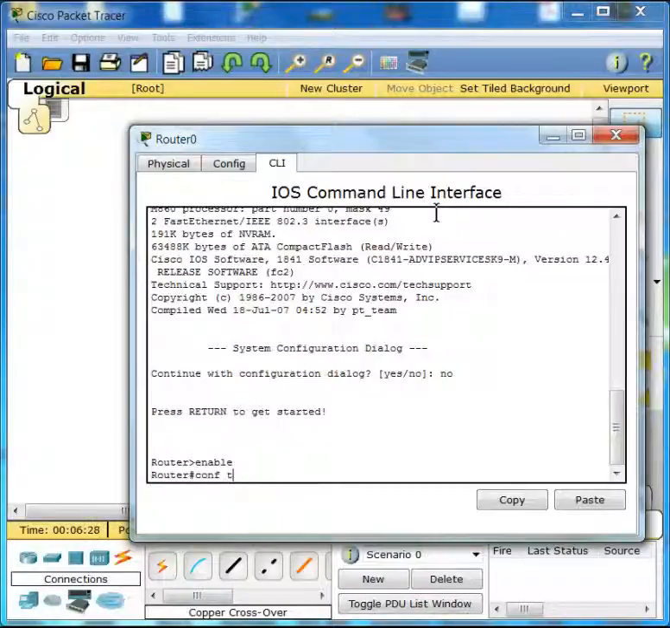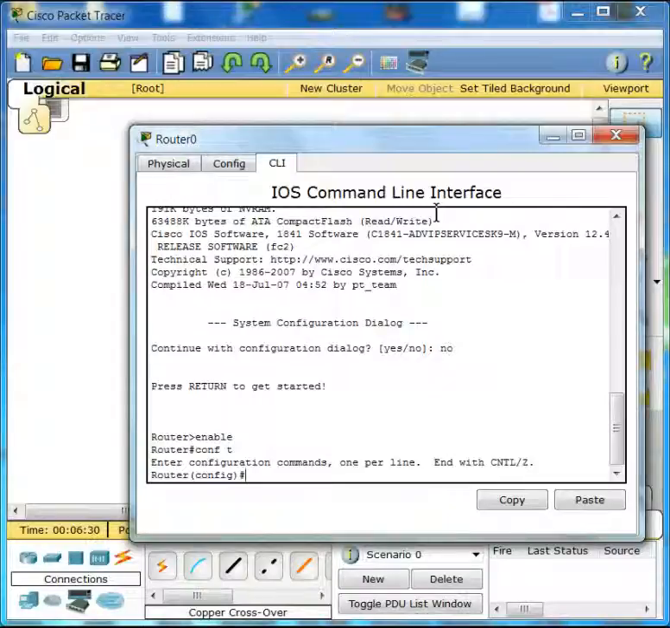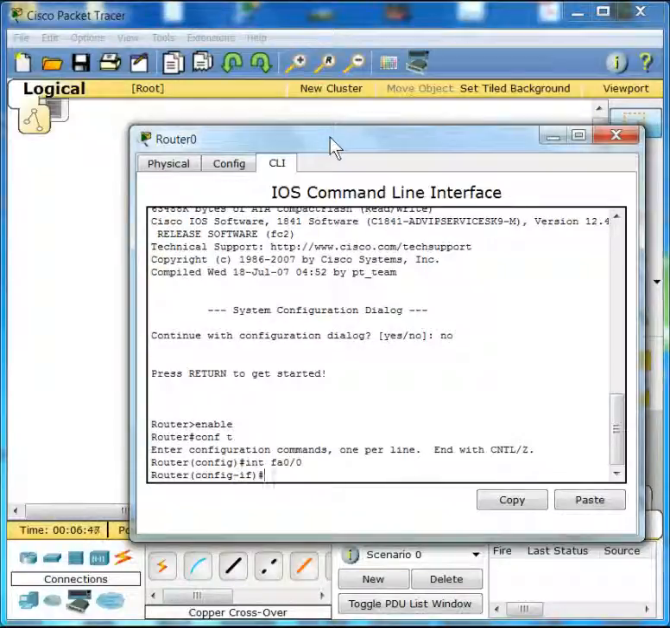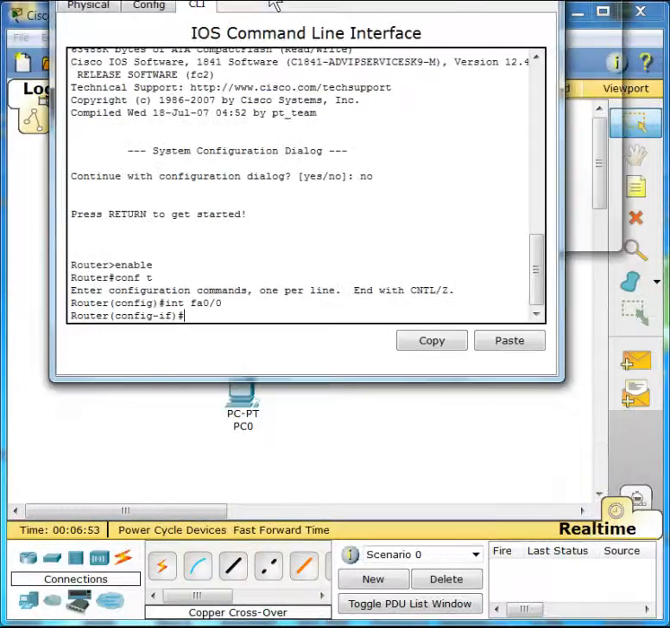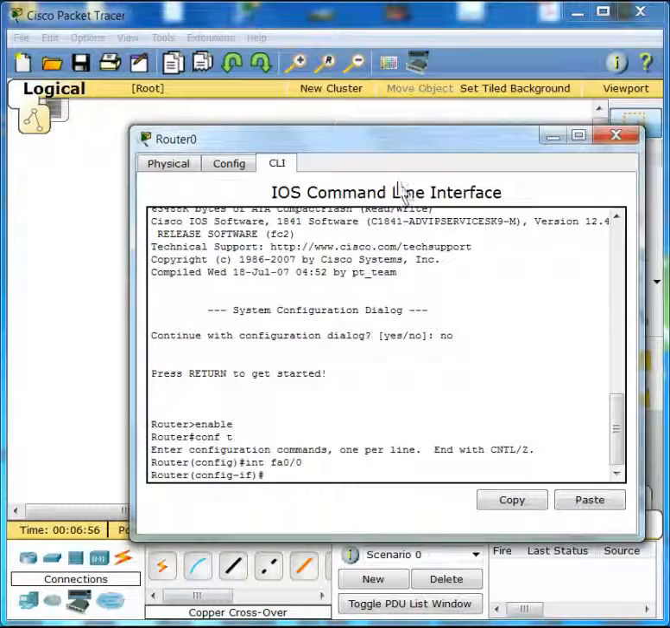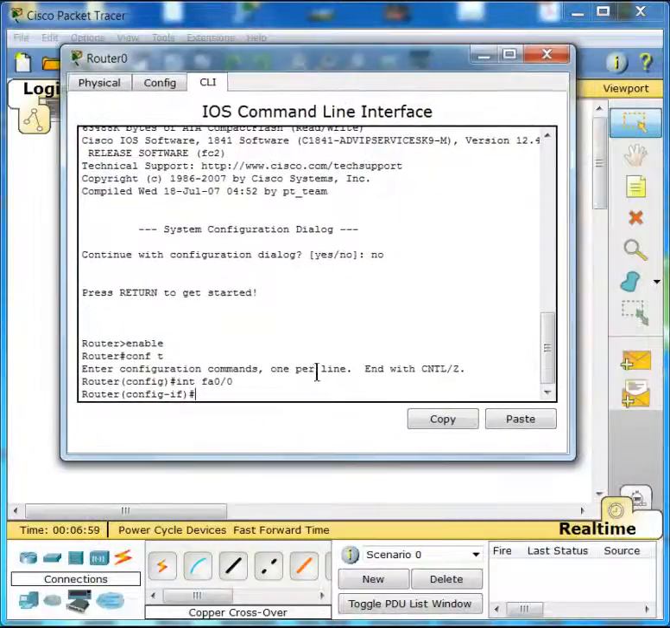Conf T. After I am in configure terminal, that's short for configure terminal, conf t, I'm going to go to the interface where the computer is connected, and that's interface FastEthernet 0/1. Now when I am in this interface right here, I'm going to put the IP address that I want to use. First of all, I put ip address,